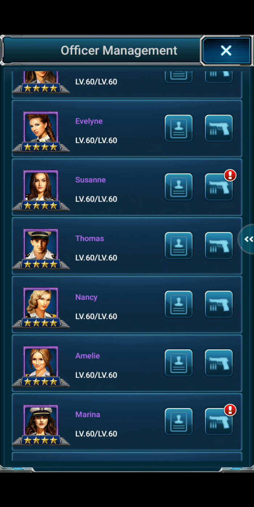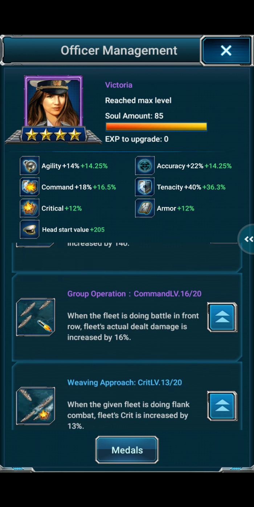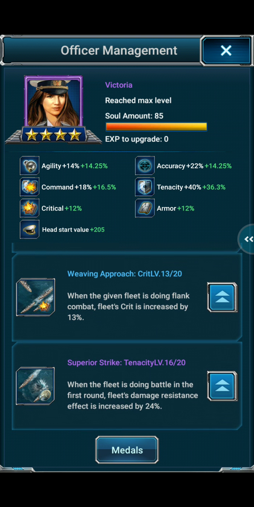When you use, we'll go back to Victoria, you're losing out on 60% of damage increase by not having her in the front. So saying that, they're kind of like neck and neck when it comes to